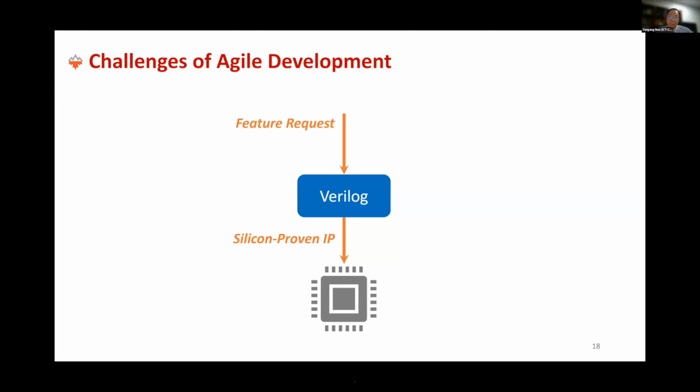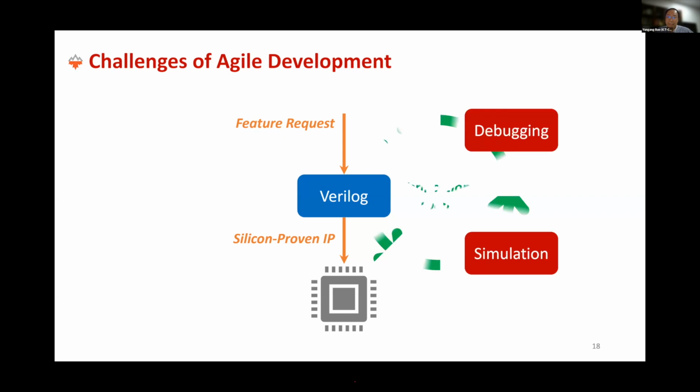Traditionally, we have feature requests written and programmed in Verilog, and then we get silicon-proven IPs. The flow is based on the Verilog code. We do simulation, then debugging, and finally we modify the Verilog code, forming a verification loop.